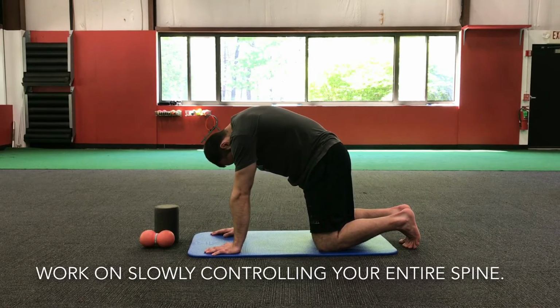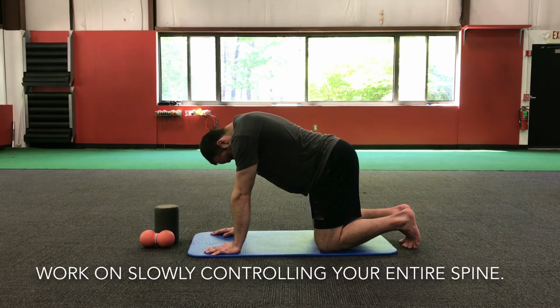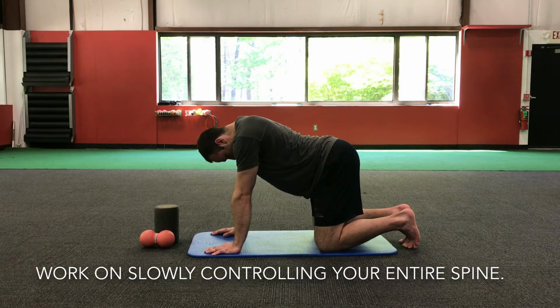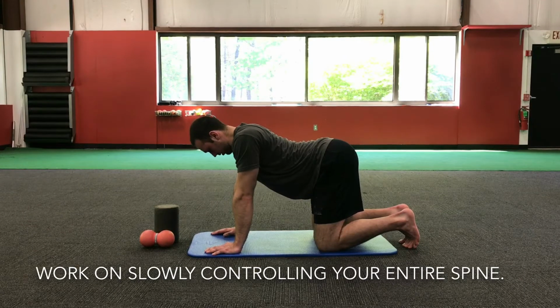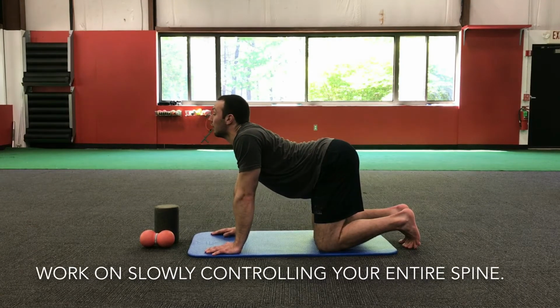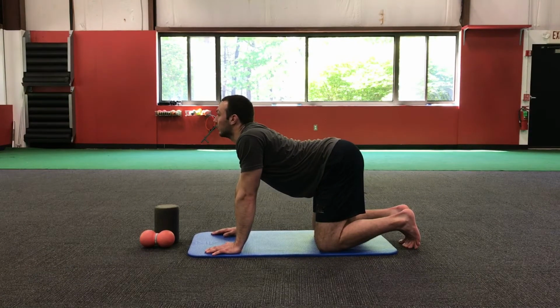Now I'm going to reverse that movement, starting from the tailbone again, trying to pull my belly button towards the floor, then my rib cage, sternum, collarbone, and then the last thing to move is going to be my chin. So now when I'm here, I'm trying to bring my tailbone towards the back of my head as much as possible. I'm going to repeat that, tucking the tailbone under,